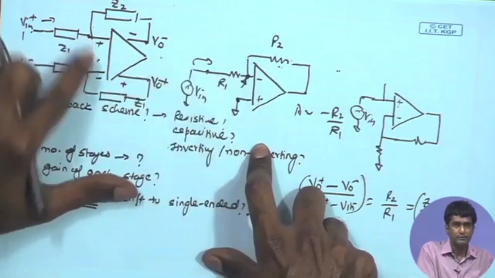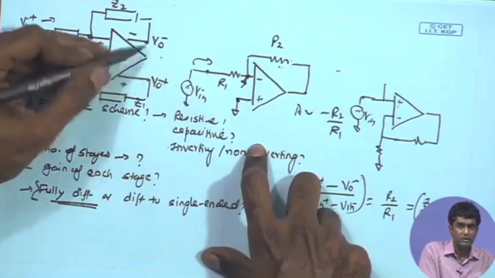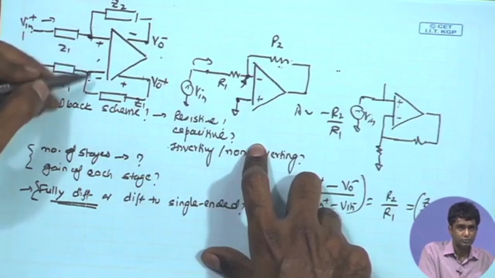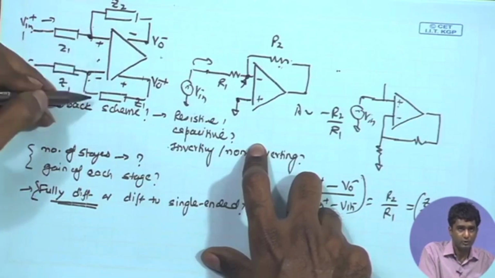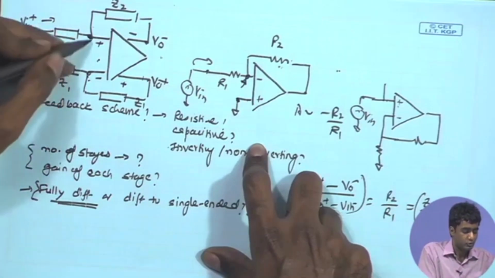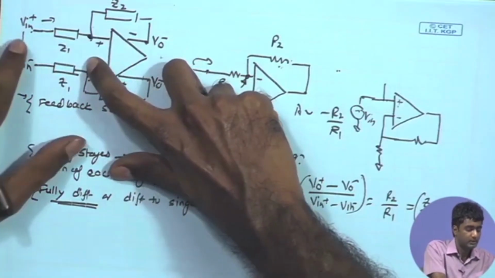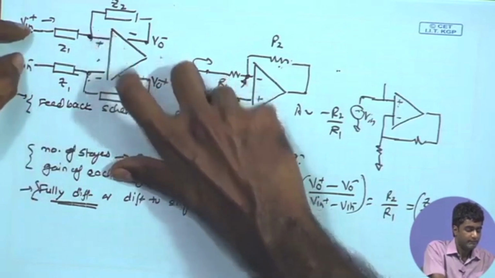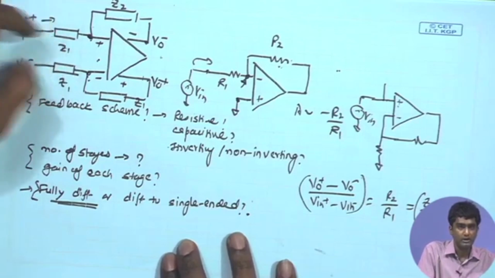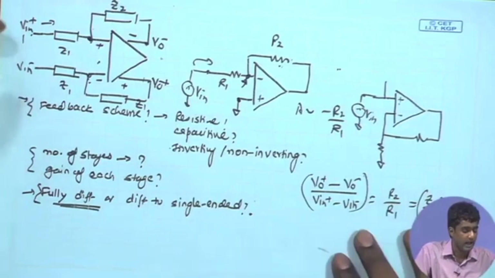Likewise, in this fully differential scheme also, the high gain of the amplifier from this input to the output will ensure that these two voltages, these two signal levels remain very close, they are going to follow each other. As a result, if I look at the two inputs which are remaining very close and remaining close to AC ground, we can say that the input signal V in plus minus V in minus is experiencing an overall impedance of 2Z1 looking into the amplifier,